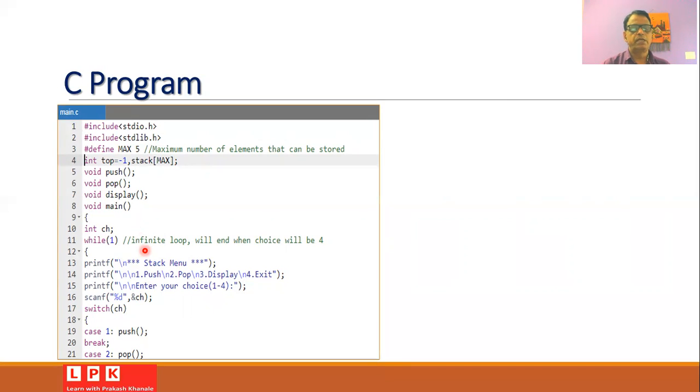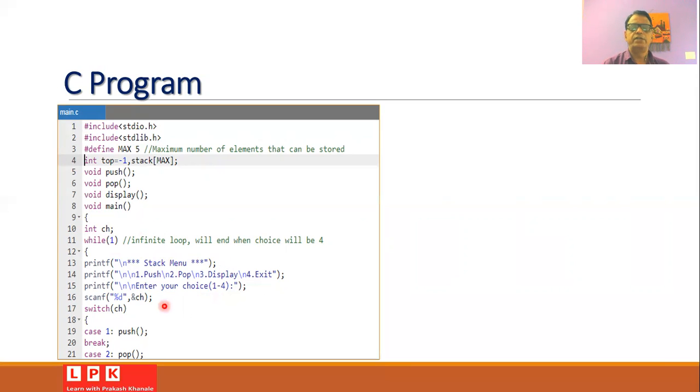This loop is an infinite loop because here we have written 1, and it will be terminated only if the user enters a choice of 4. This is a small menu where we ask the user to enter 1 for push, 2 for pop, 3 for display, and 4 for exit.